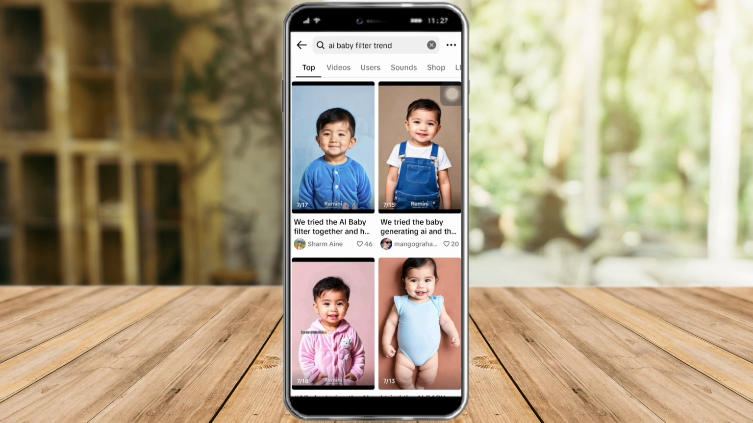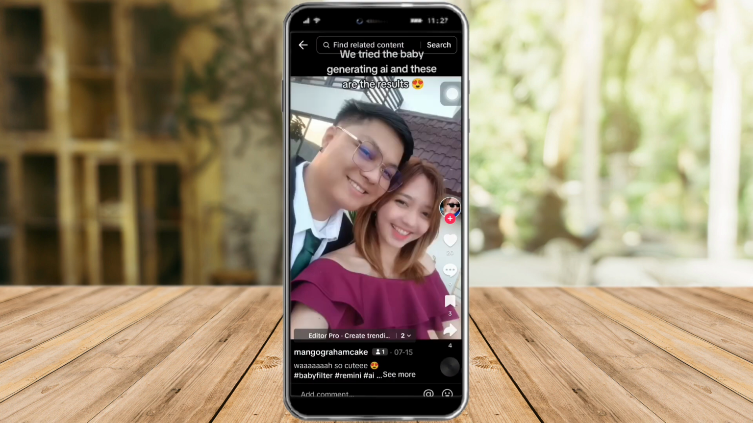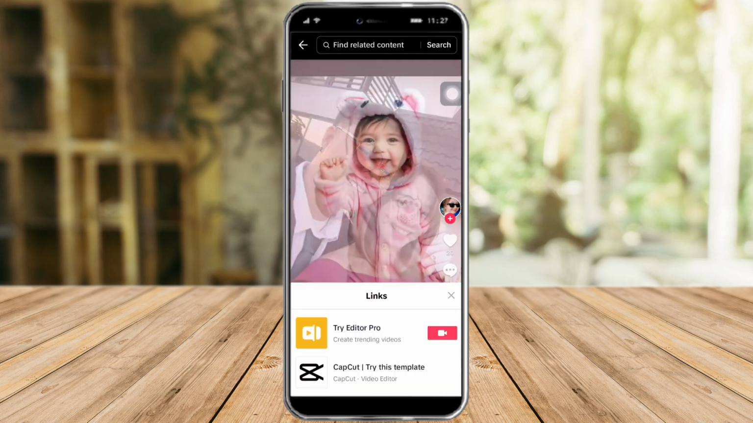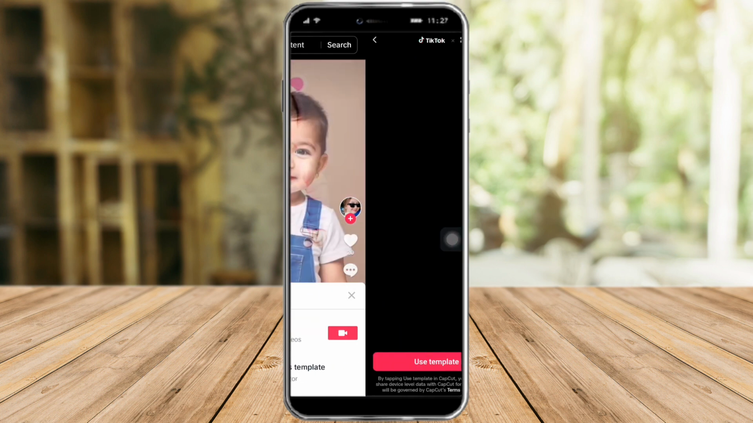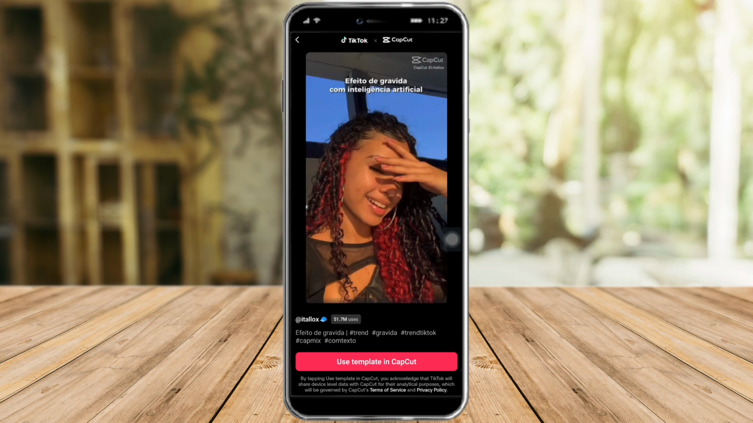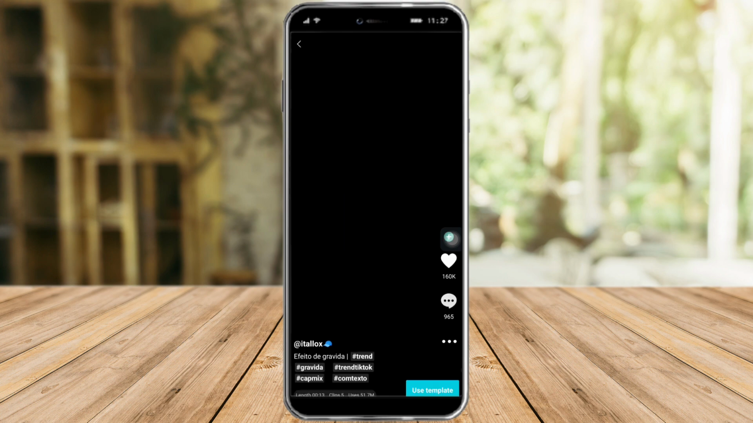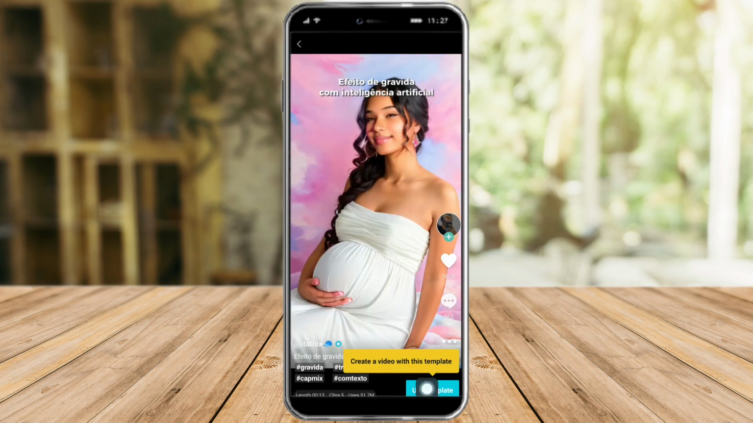So let's click on this one, and then click on this link, and then you can see this CapCut try this template right here. Let's click on this, and then click on use template in CapCut. So let's use this template, and then this will open our CapCut. Click on use template in here again,